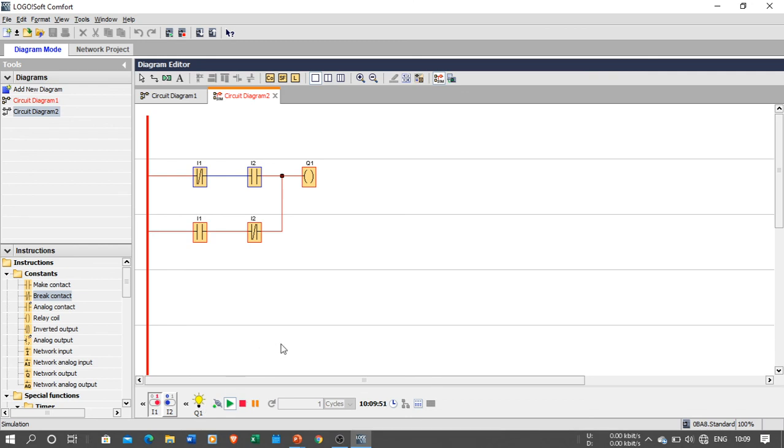So this is all about your ladder diagram for different logic gates. Okay,